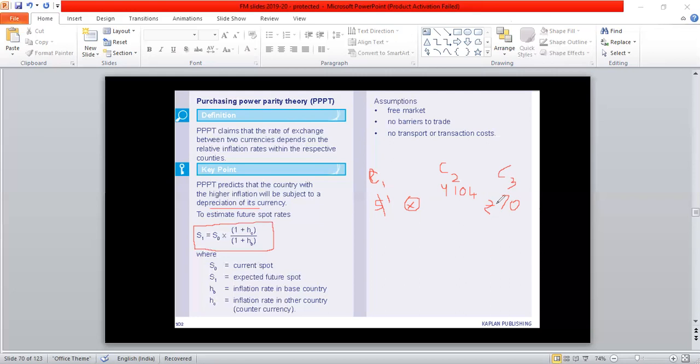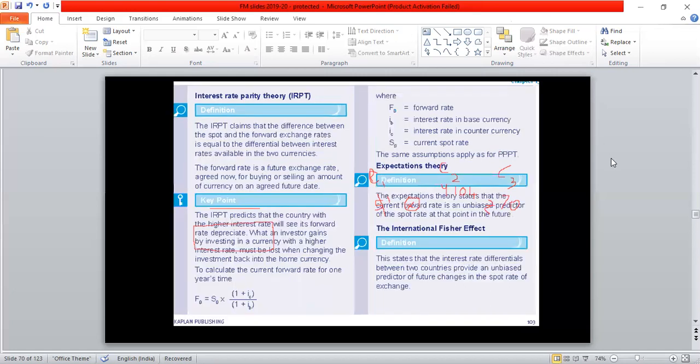Now, the prices rise in a particular country based on the inflation rate. If the inflation rates are rising, the prices also would rise. If they are not, then the prices would be stable. If they are falling, we see that, considering the inflation rates in the base country, the domestic country, and the foreign country, the future spot rate is calculated with the help of this formula. There is another theory,